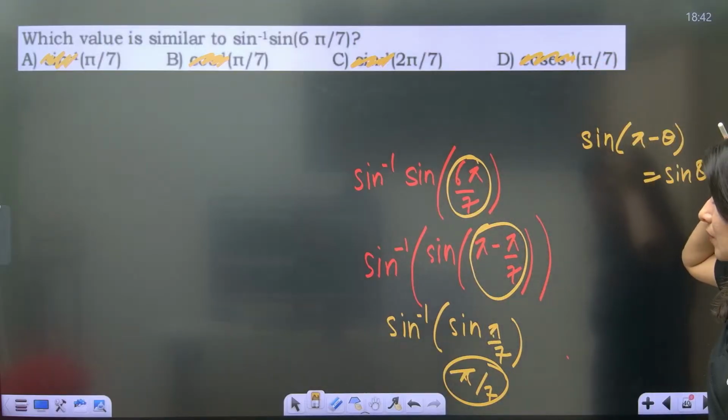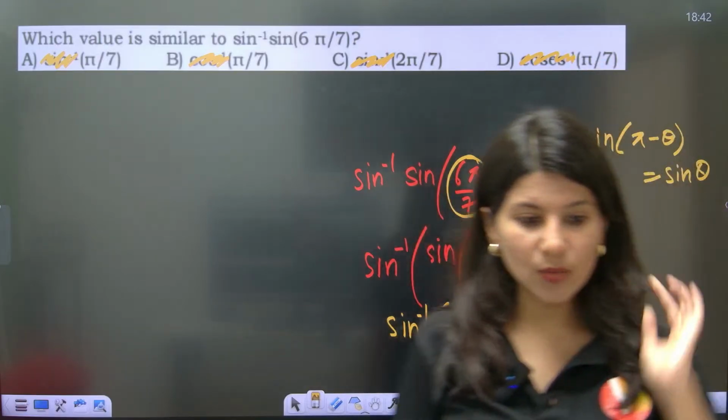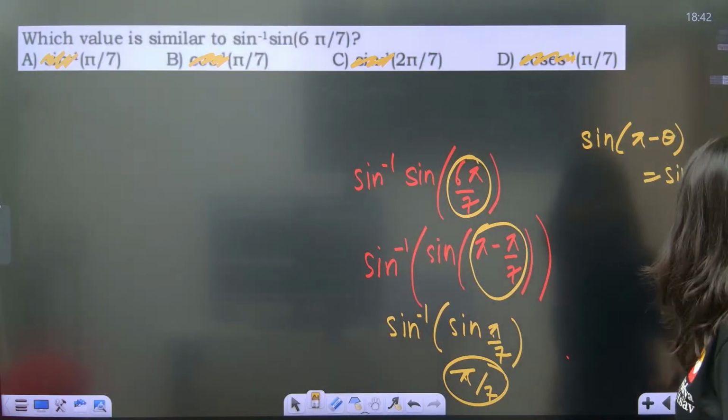Right? The value will be what? Pi by 7. Not sine inverse. Sine inverse should not be there in the answer. Final answer should be